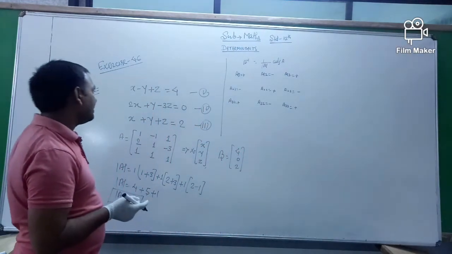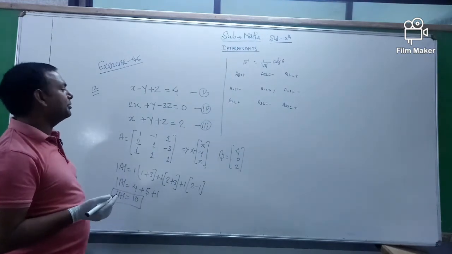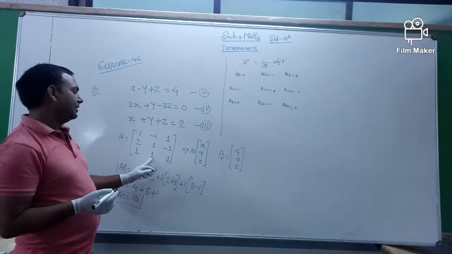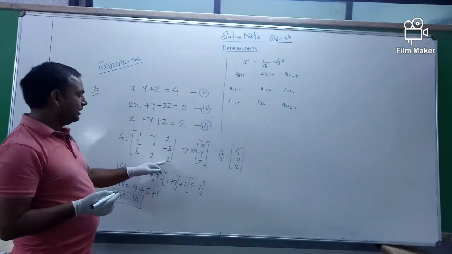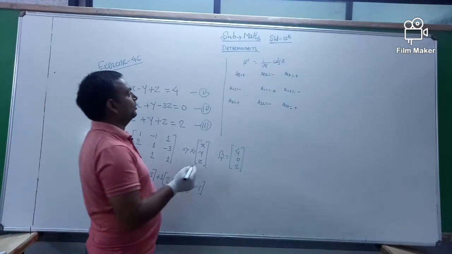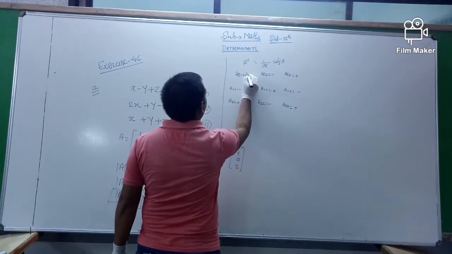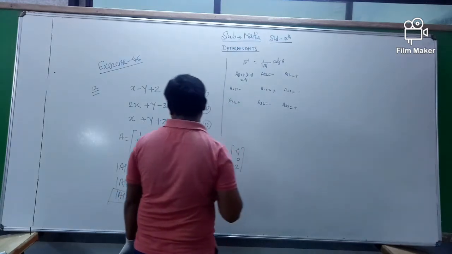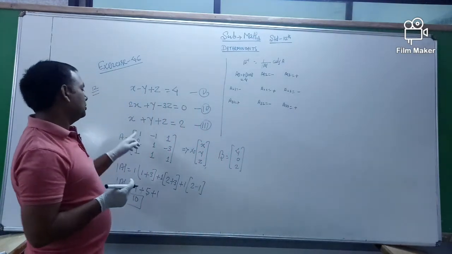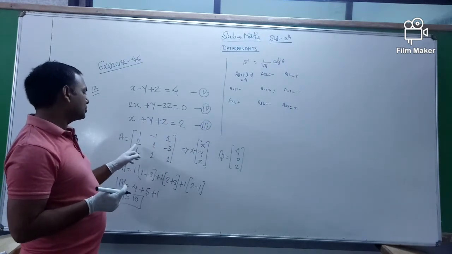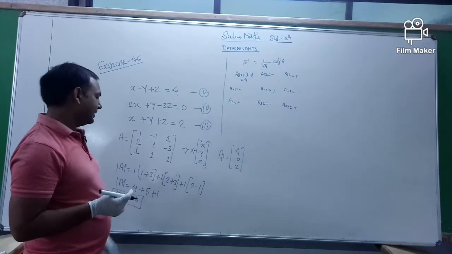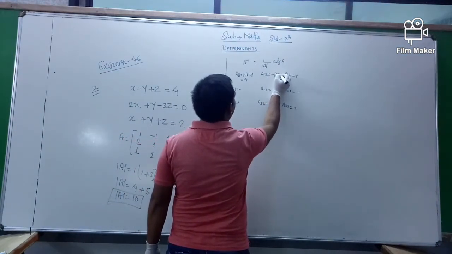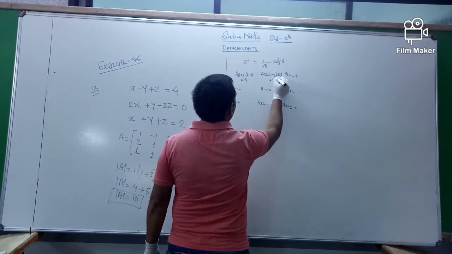Okay. After that you take A11, you remove the first row and first column, 1 ones are 1 and 1 threes are 3. So 1 plus 3 and that is equal to 4. A12, you remove the first row and second column, so 2 ones are 2 and plus 3, 2 plus 3 and that is equal to minus 5.